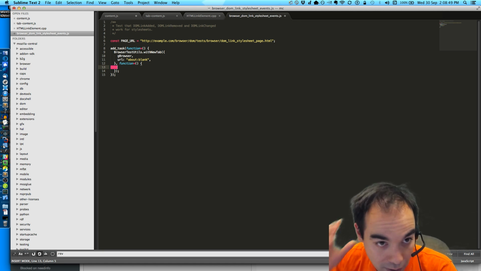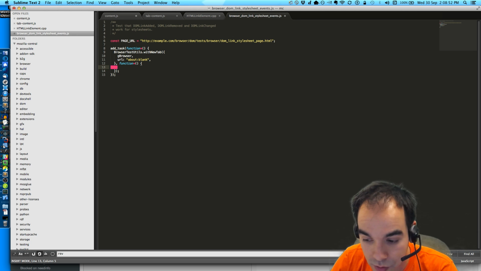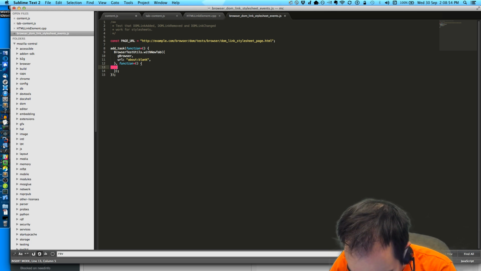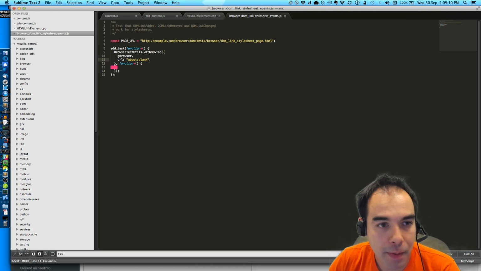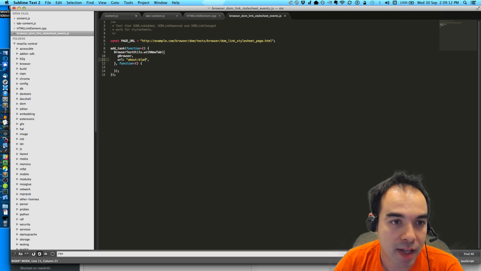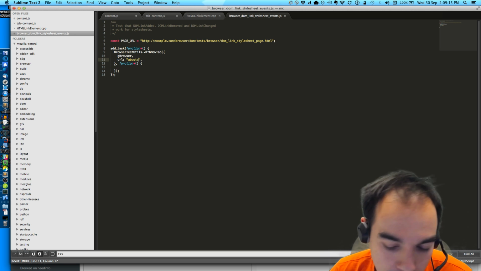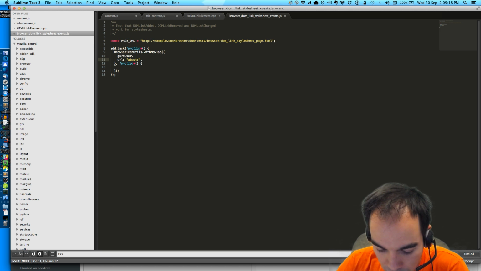And then in here, I want to actually load our page, but before I do that, I want to add the event handler. And how do I do that? Because I need the page to be remote first. So how about instead of loading about blank, I load about, what's a good remote page? It's a known remote page.